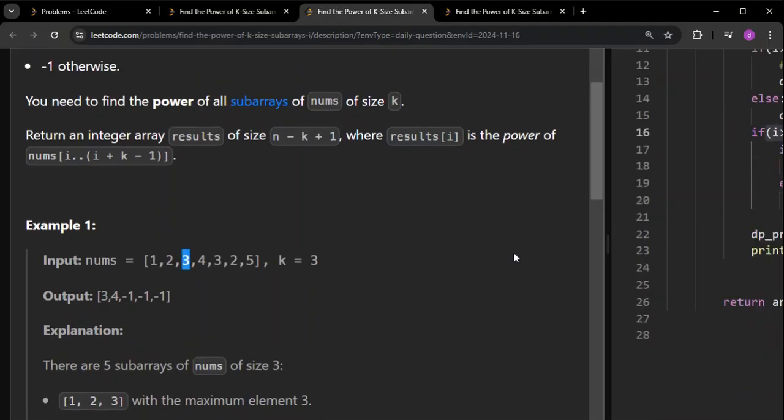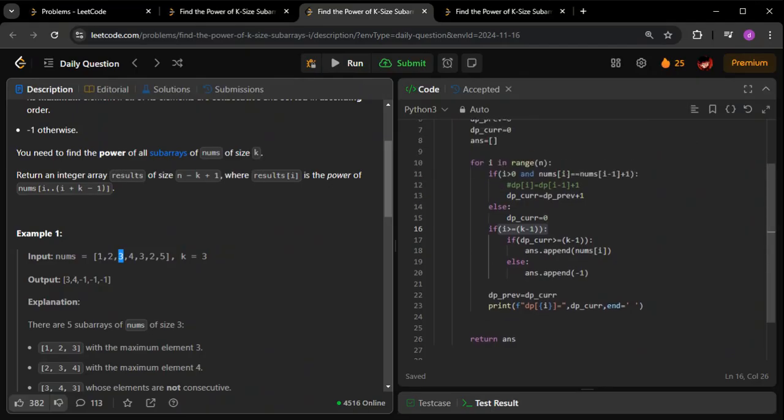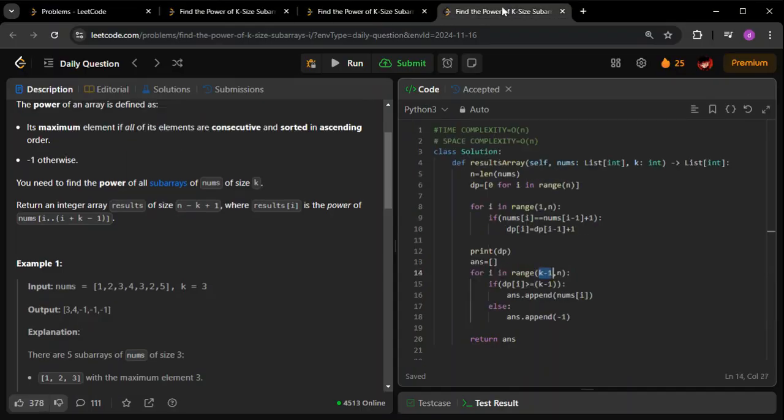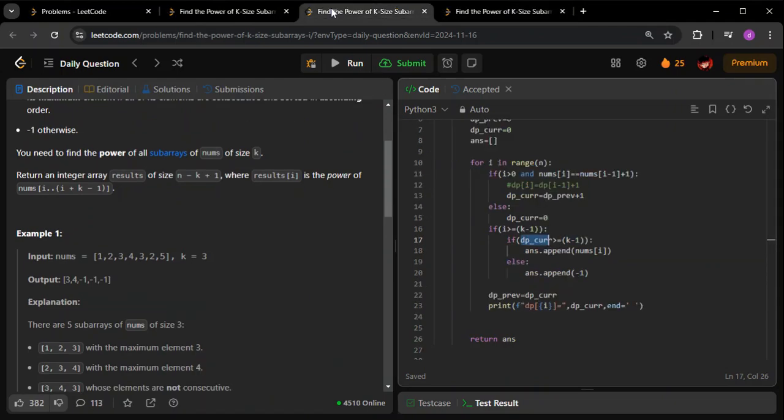Same thing, if i is greater than or equal to k minus 1, only then start appending to the answer, as simple as that. Only then this will start appending to the answer. So again same thing, I'm checking if dp of current is greater than or equal to k minus 1. See, this thing is here also, dp of current is greater than or equal to k minus 1, answer dot append of